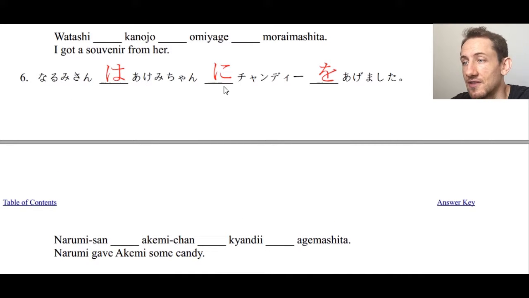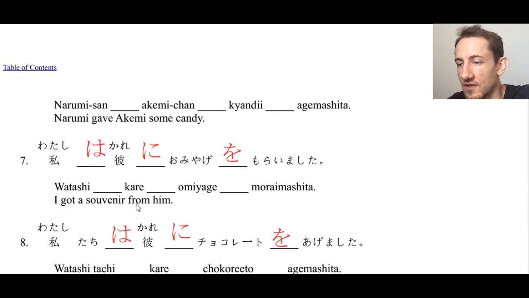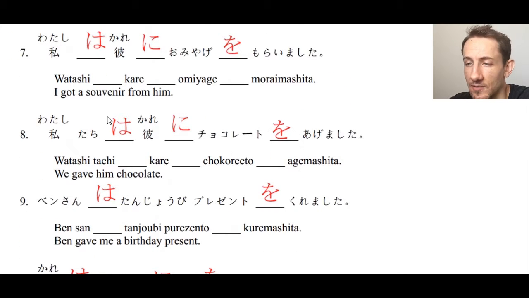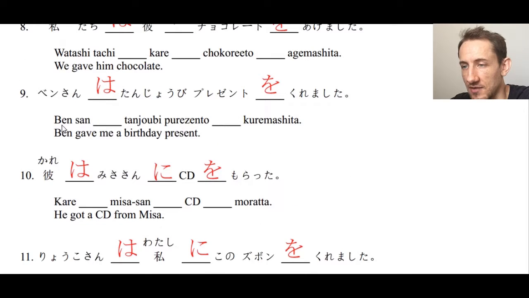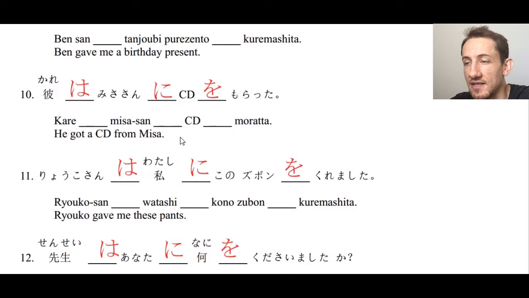なるみさんはあけみちゃんにキャンディーをあげました。Number 7, I got a souvenir from him. 私は彼にお土産をもらいました。Or 私は彼からお土産をもらいました。Number 8, 私たちは, we gave him chocolate. 私たちは彼にチョコレートをあげました。And number 9, Ben gave me a birthday present. ベンさんは誕生日プレゼントをくれました。